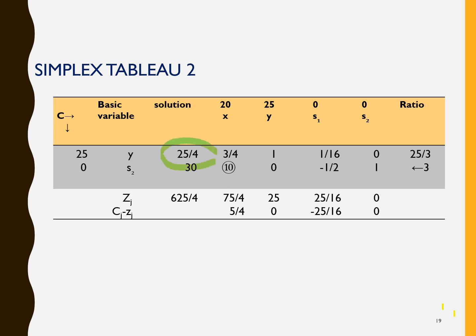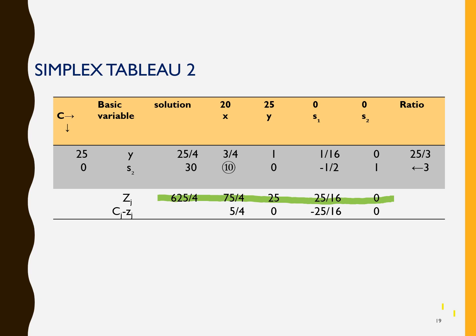(25 by 4) multiplied by 25, and then adding to this a number that is 0 multiplied by 30, which falls to be a 0 in this case. So we have a total of 625 by 4 as Zj under the solution column. Similarly, we multiply these two numbers by them respectively and we find out the total is 75 by 4. Similarly, we can complete the entire row and these are the values we have arrived at.